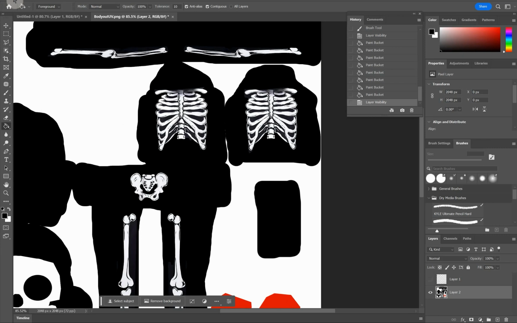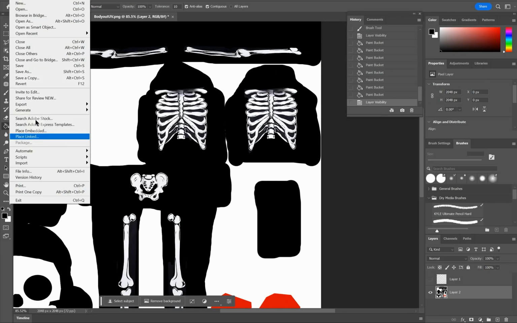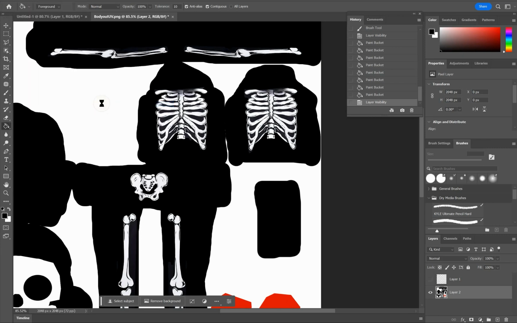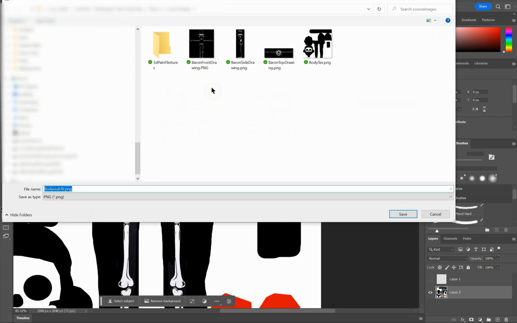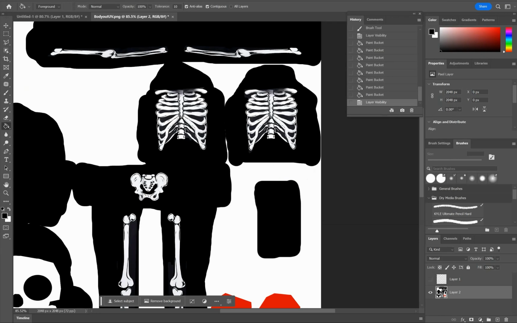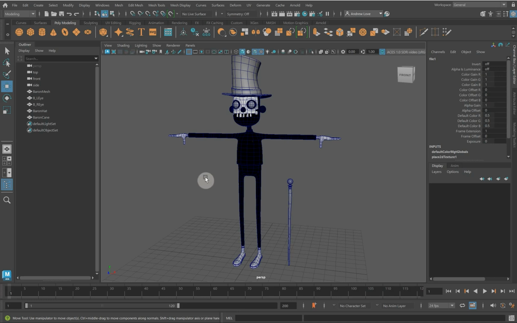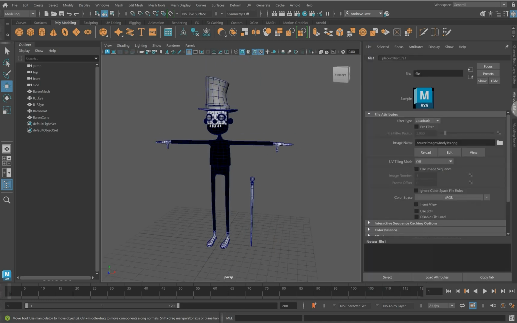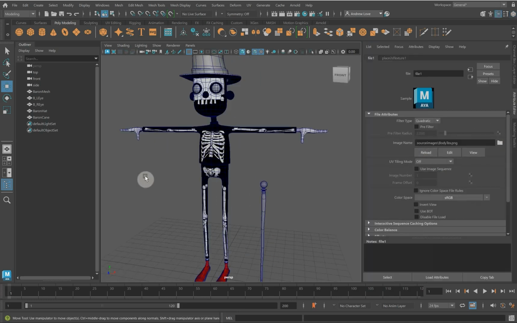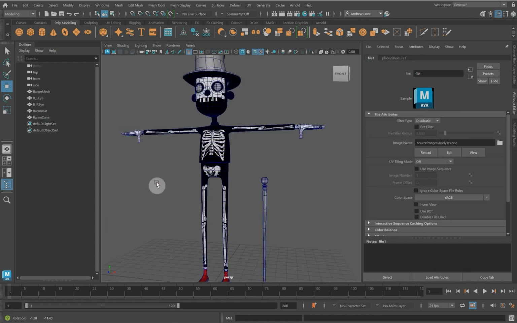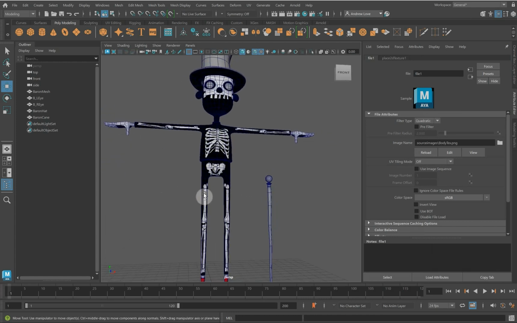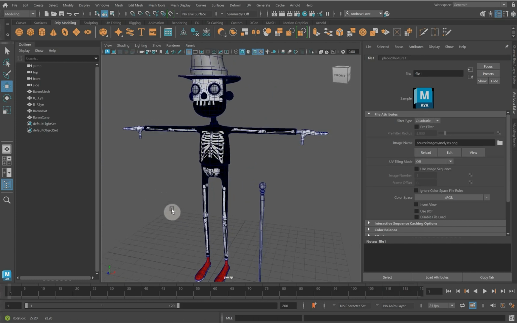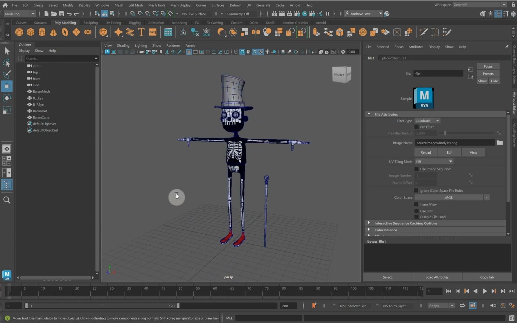So File, Export, Quick Export as a PNG, texture, yes. Go back to Maya, Attribute Editor, reload, and there we have our texture. I mean, we could get his leg bones further up and everything, but that would be fine. Okay, that's his texture. The hat,